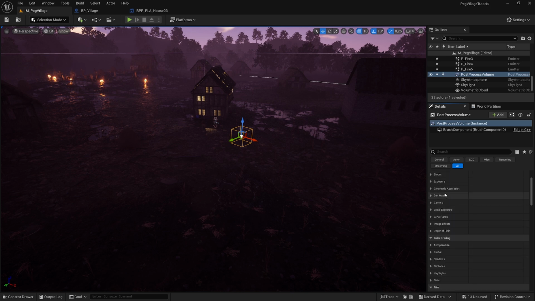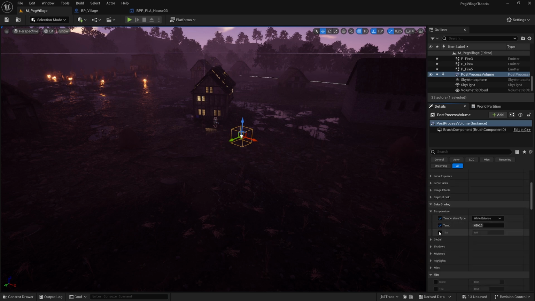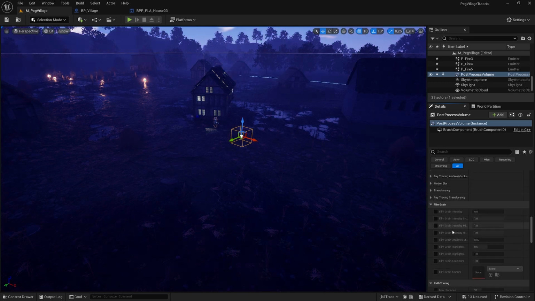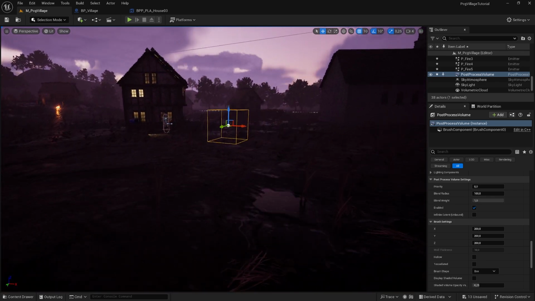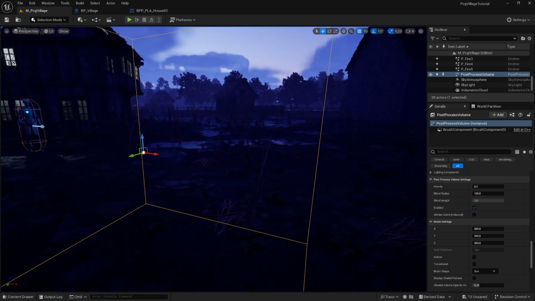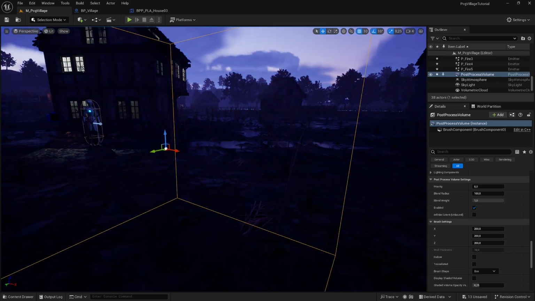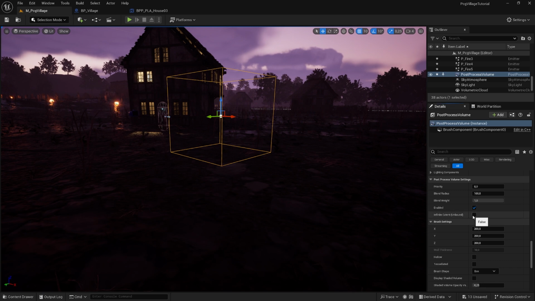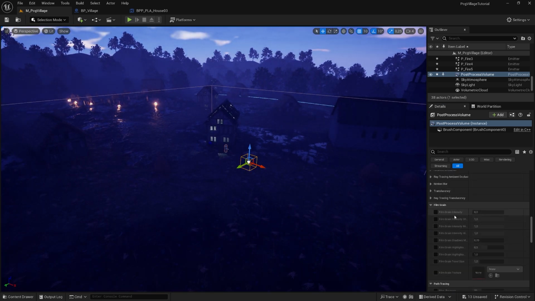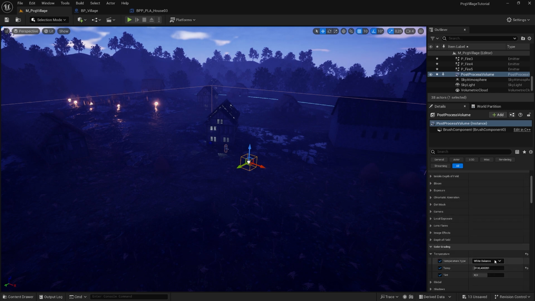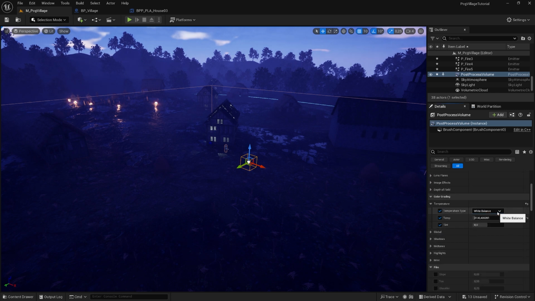For example, let's just do something very quickly, like the temperature. Let me just change it, make it more blue. If this is not unbounded, then it's only going to work when I'm inside this post-processing volume. But in my case, I always want it to work, so this is fine. What's not fine is this color. So let me just